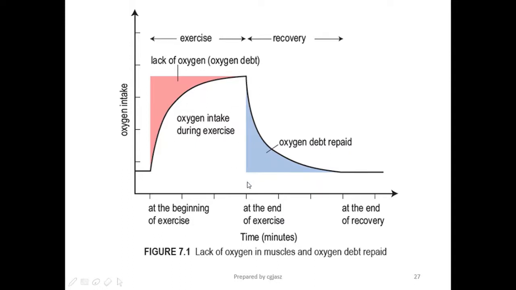So graph ini actually menunjukkan intake of oxygen semasa exercise dan selepas exercise. Okay, at the beginning of the exercise, our oxygen level in our body is normal. Just bayangkan kita baru nak lari, nak pusing maktab ni. Baru setengah pusingan tu, kita masih boleh lari, betul tak? Tak ada masalah sangat. Larian kita masih steady, betul? So, waktu ni darah kita masih dapat membekalkan oksigen yang cukup pada muscle cells kita untuk bekerja.